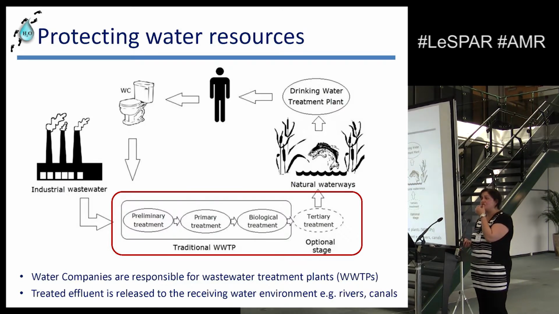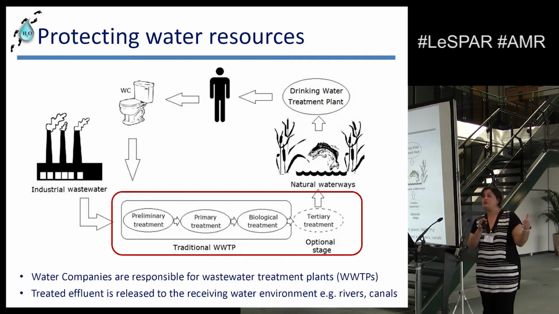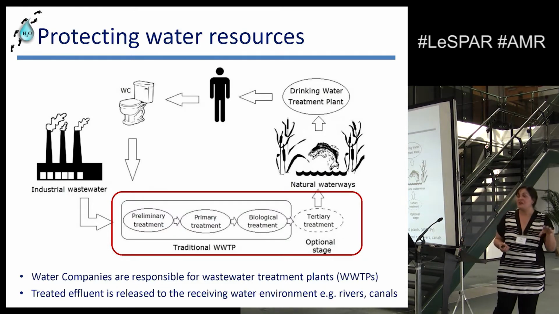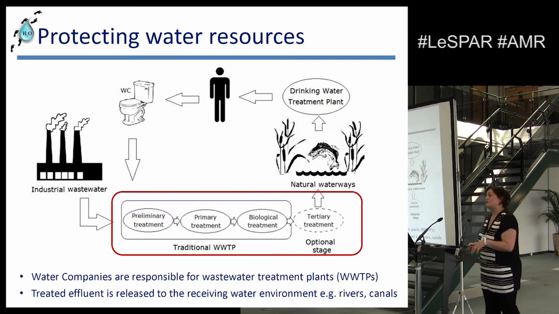Now obviously the pharmaceuticals, antibiotics, go through us, go through the toilet and enter. They can also go through the industrial system as well, because even if you have a manufacturer manufacturing antibiotics, they'll often have their own wastewater treatment system, or they might treat it to a certain level and then put it to this municipal, which means community, wastewater treatment plant. And then it's that urban water cycle, goes to receiving waters, and then it can literally be a couple of yards down the river, you've then got your drinking water treatment plant. So you have that lovely cycle.